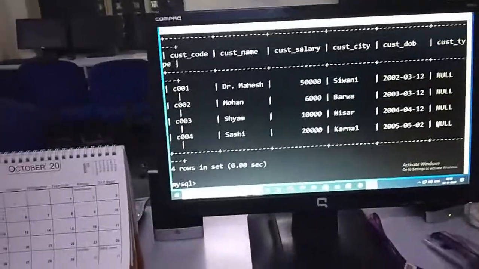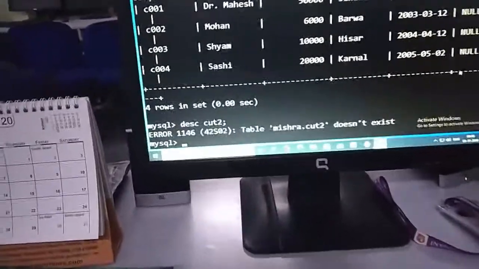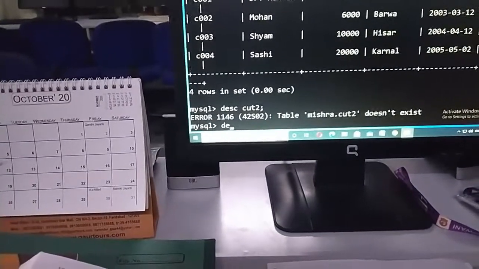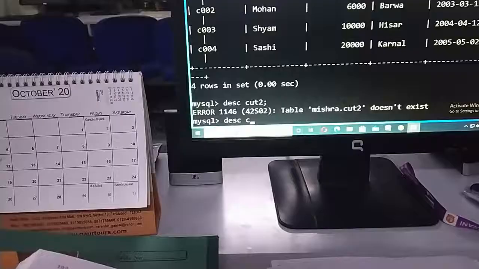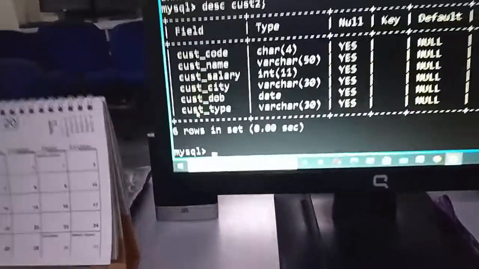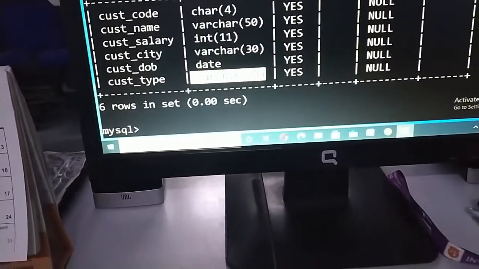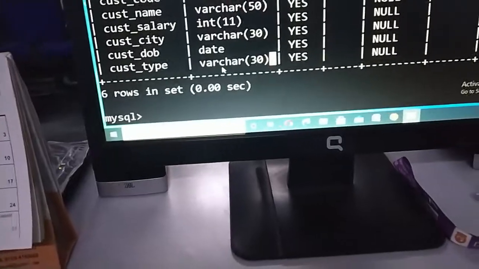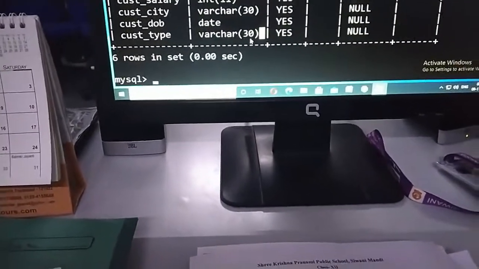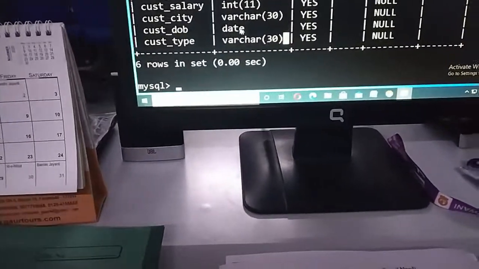By default, you can see it with DESC cust2. Table name was wrong. Now here you can see the cust type is a varchar. This is the highlighted one. As you can see, it's a varchar. Now this varchar I want to change, either the 30 to 50, I want to do. Then again there is some modification you want to do, or you want to change the data type completely.